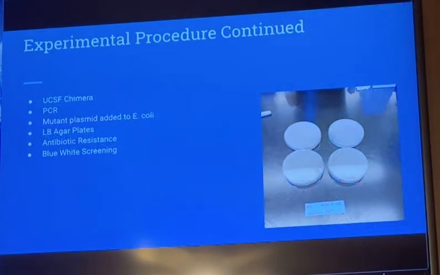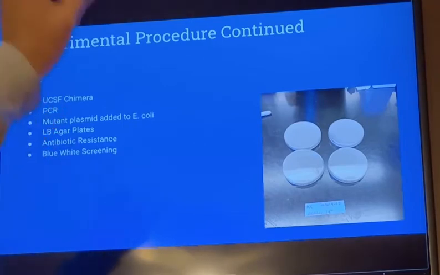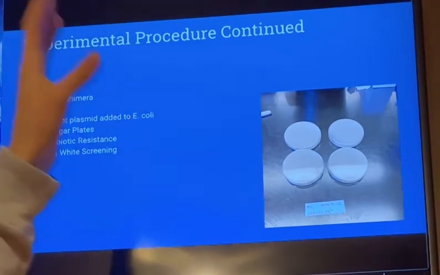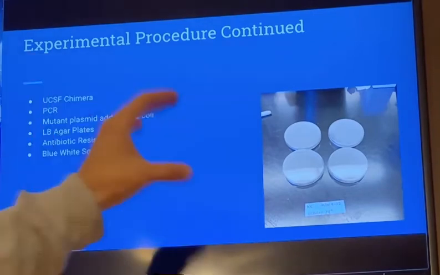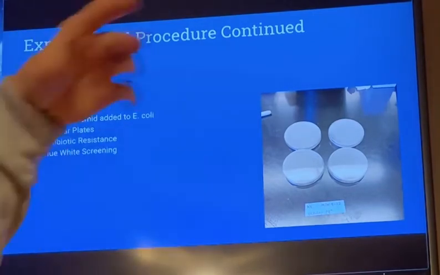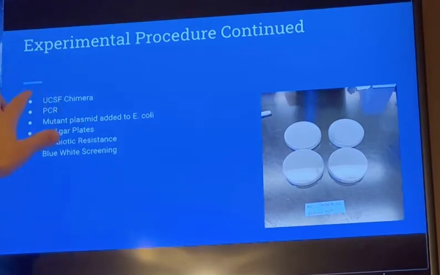This is just another continuation. So we know we're going to use Chimera to see the overall structure analysis. With PCR, we will create a mutant plasmid that we've chosen, such as phenylalanine to aspartic acid. Through Chimera, we'll pick a mutation, and we'll implement that mutation through PCR. Once we verify through a gel that we have our mutation,